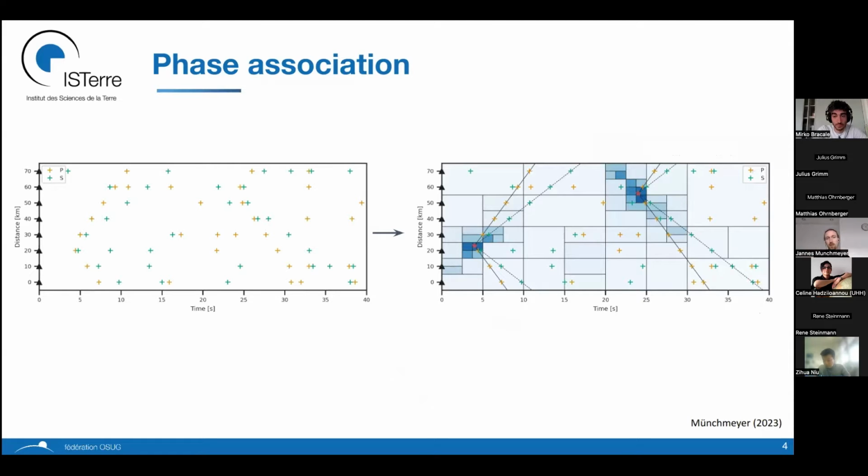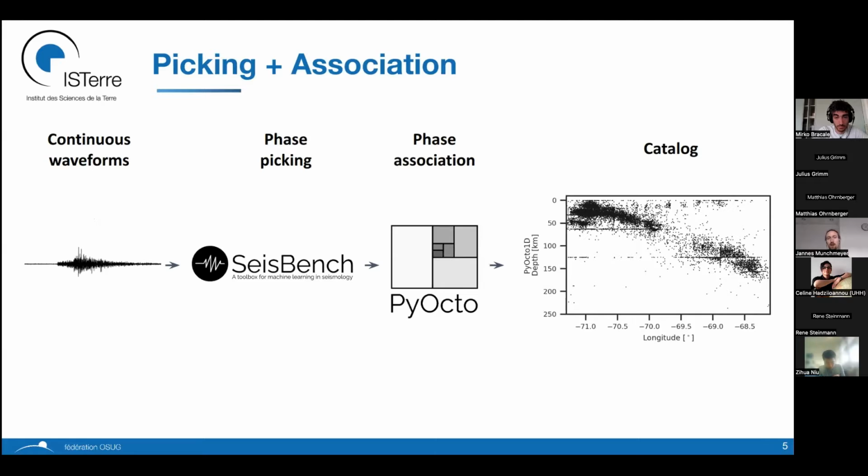So you basically go from what you have here on the left. This is just a 1D example. So we have time on the x-axis and just one dimension on the y-axis. It's like earthquakes on a string. And we have all the picks, the P and S picks, marked in orange or yellowish and green. If you look closely on the left, you could probably spot the two events, but on the right, they're also marked with the red stars and then the moveouts, and the rest are false picks. So the problem is a little more complicated, because it gets to 3D. And I use a tool for this that's called PyOcto.